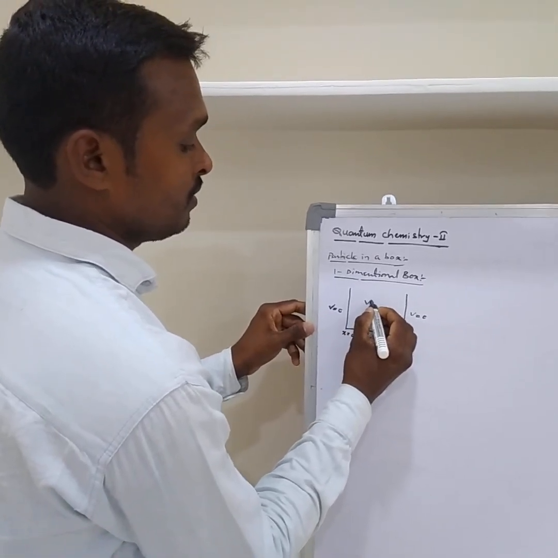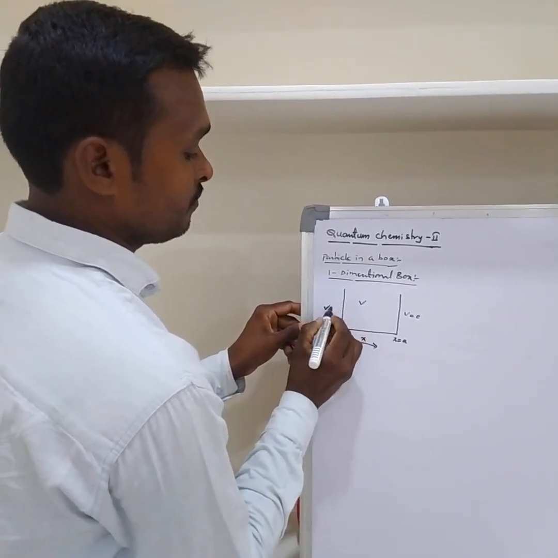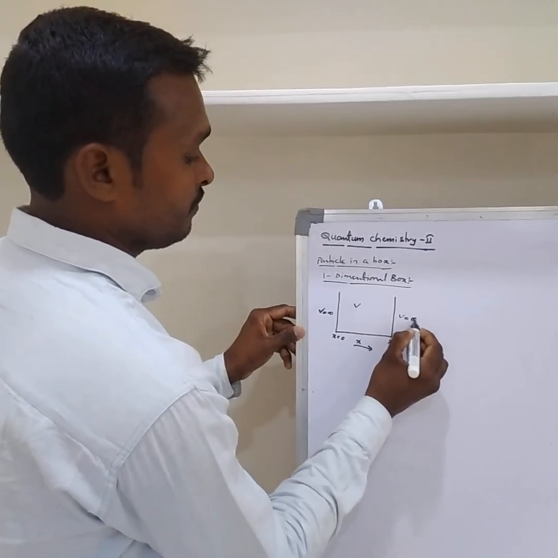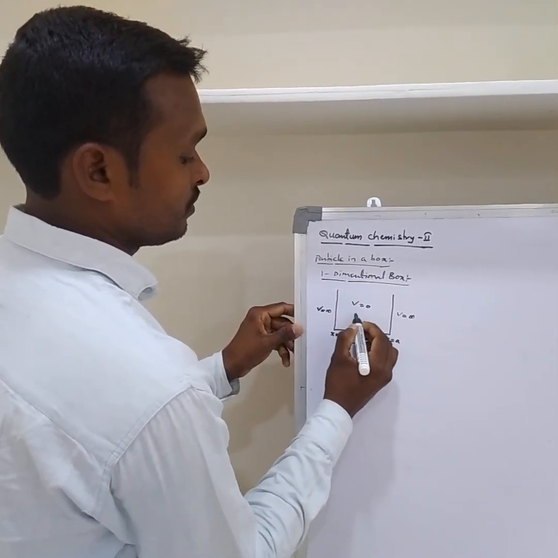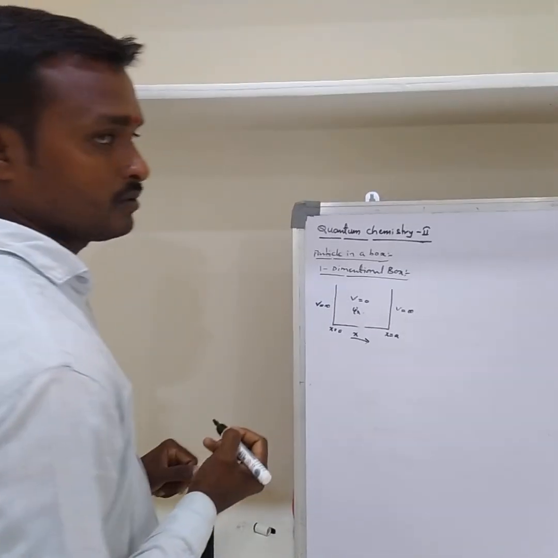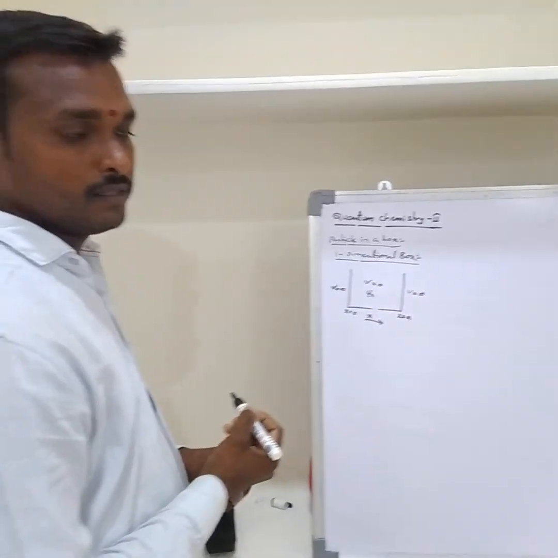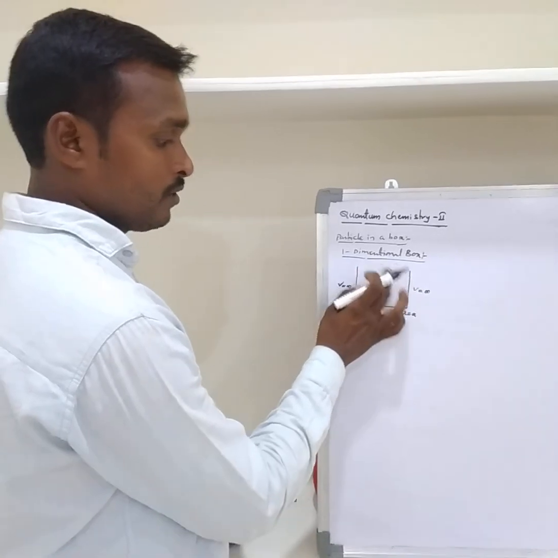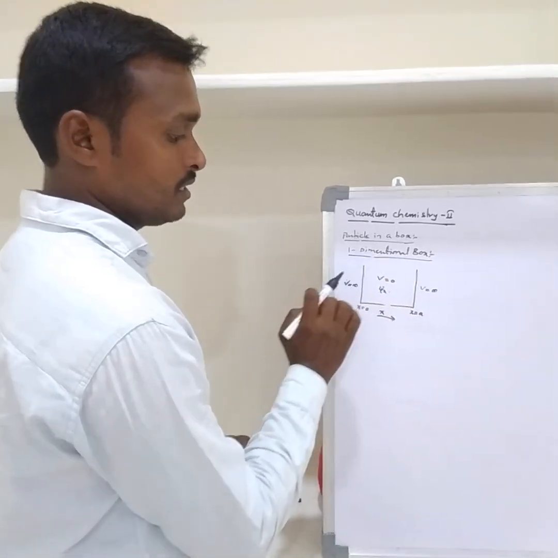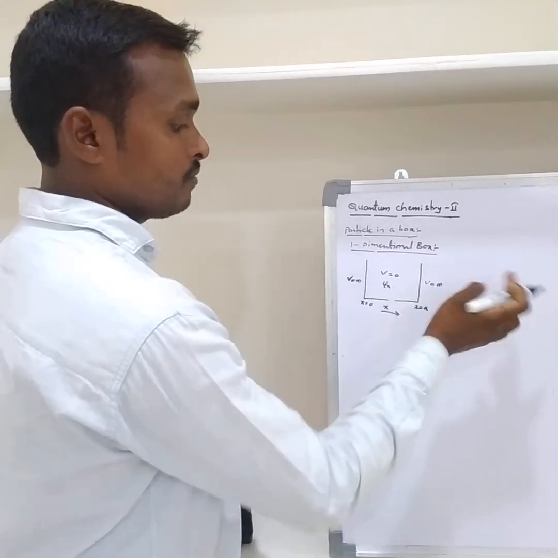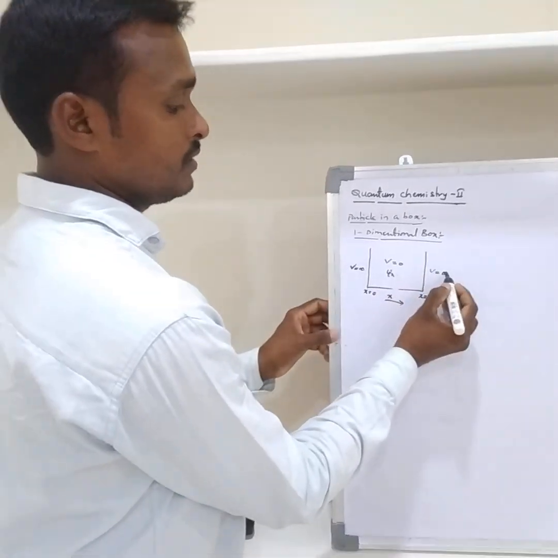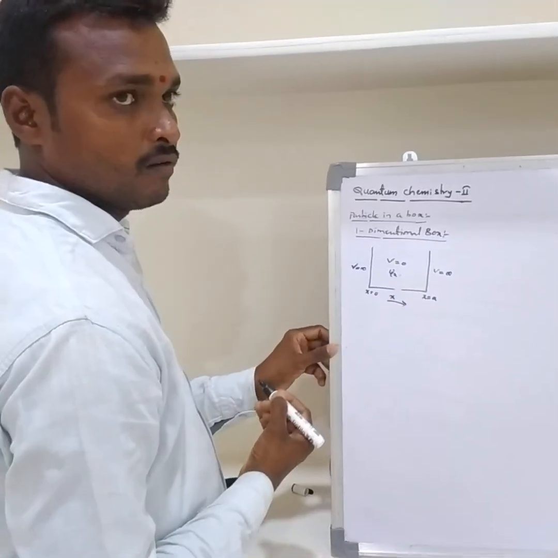We assume the potential energy outside the box is equal to infinity, and inside it is 0. So psi x, in the x direction. We assume the potential energy of the particle within the box will be equal to 0, because we can find the particle there. We cannot find the particle outside the box. That's why the potential outside is assumed to be equal to infinity.